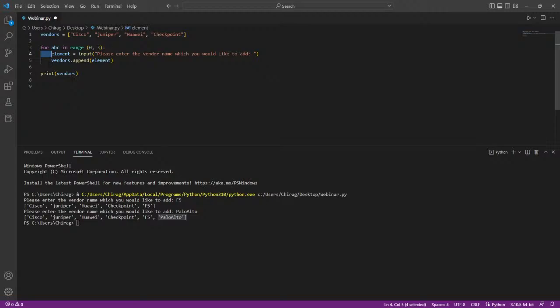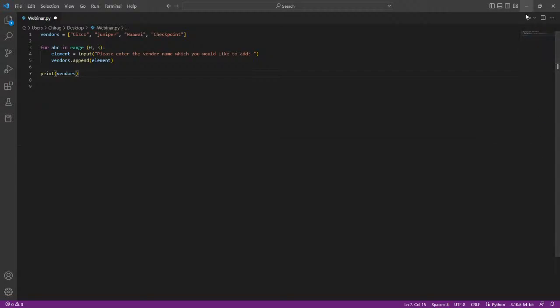If, let's say, these spaces are not there, then that statement will not be included inside the loop. Now what will happen? Execution will happen 3 times, but the list will only be printed out at the end, when I have successfully added all the elements. Let's see how. If I run the script now,